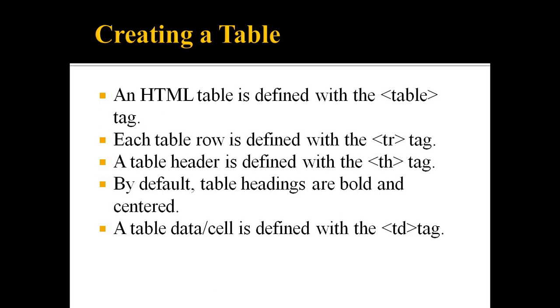For defining an image, we were using the IMG tag. In the same way, for defining a table, you have to use a table tag. After this, inside it, there are again different types of tags. As I told you earlier, the TR tag is used for defining a row inside a table.